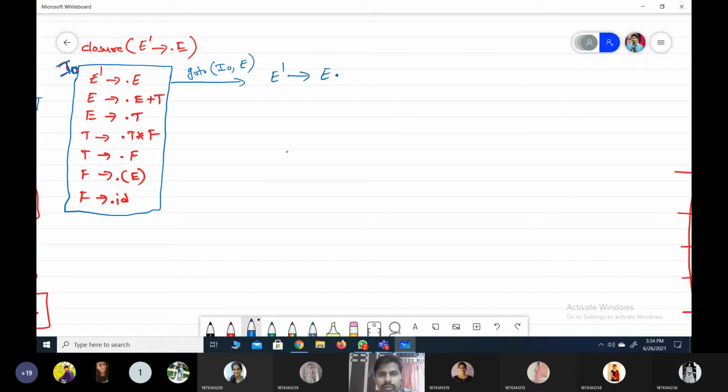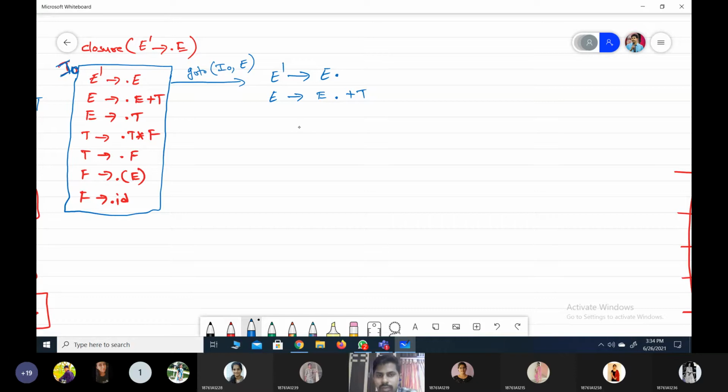Not only the first production, if you observe the second production also, you have to verify the right hand side symbols only. Right hand side, after the dot, where the E is available. In two productions you can observe that E, that means E tends to E dot plus T. Yes or no? So goto tells that each and every time we move the dot towards the extreme right side.